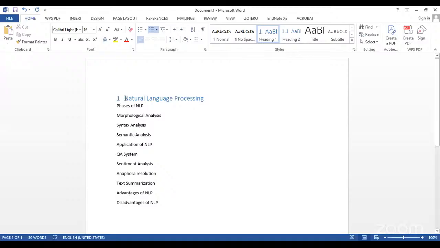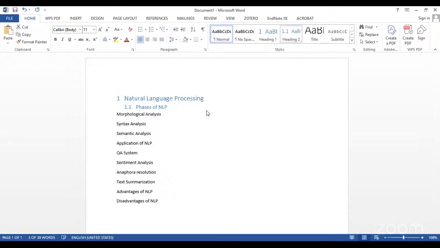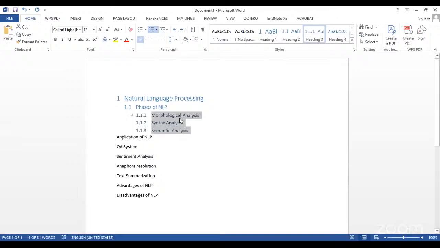So here you can see this text is set as heading 1. Suppose I select the text and click on heading 2. It will give heading 2 as well. After that, suppose I select all this text and go to heading 3. It will automatically number the text.